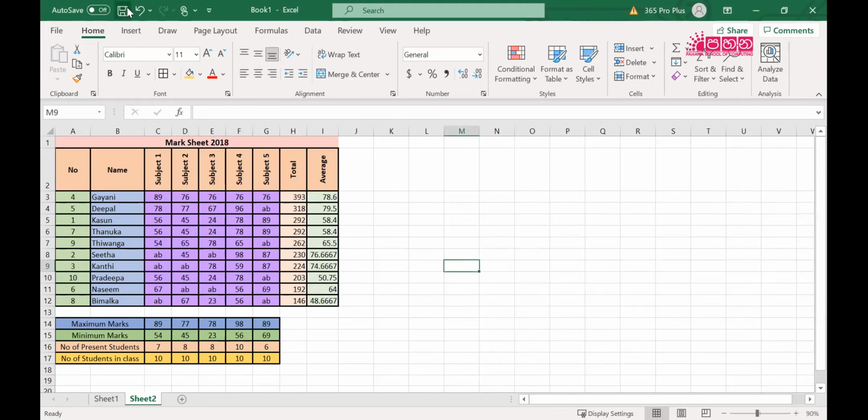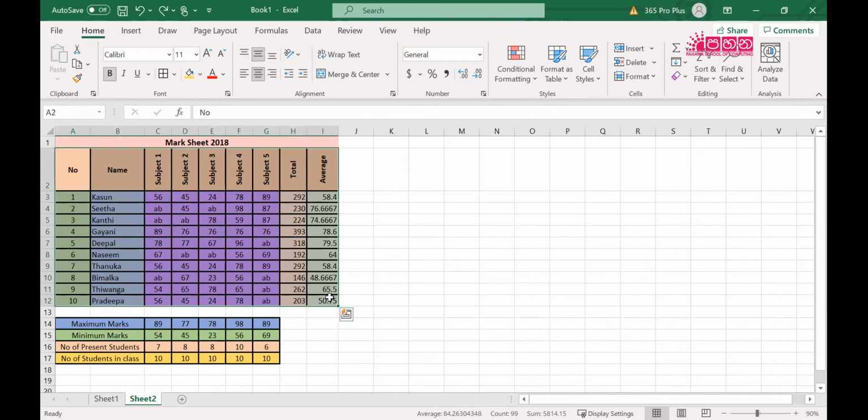Okay, one more time. This time I'm going to sort based on the name, A to Z. Like in the previous case, you select the whole range from A1 to I12. Then you go to sort and filter, custom sort.